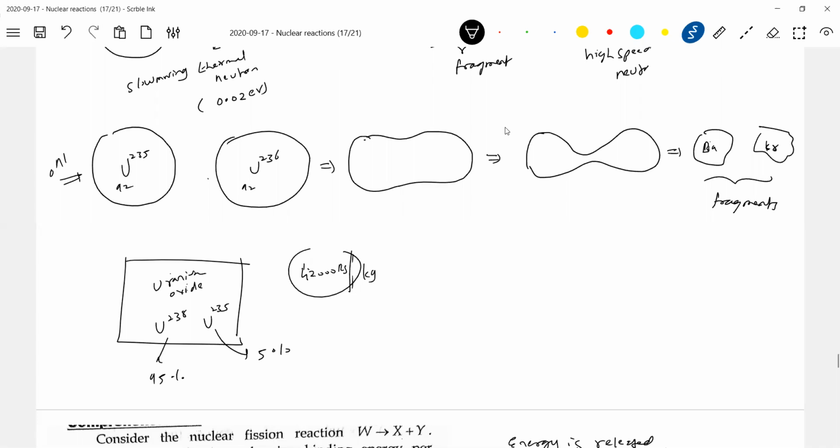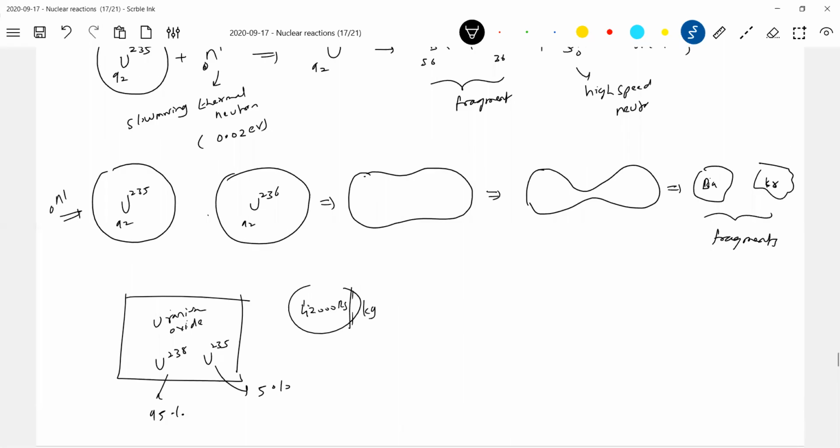The more enriched the uranium, the more the cost will increase. Maybe it may go up to 2 lakh rupees per kg. That's all. But that 1 kg of uranium is something very big. It will generate a huge amount of energy. We can generate a huge amount of electric power here. So how is it possible? For that, what happens?